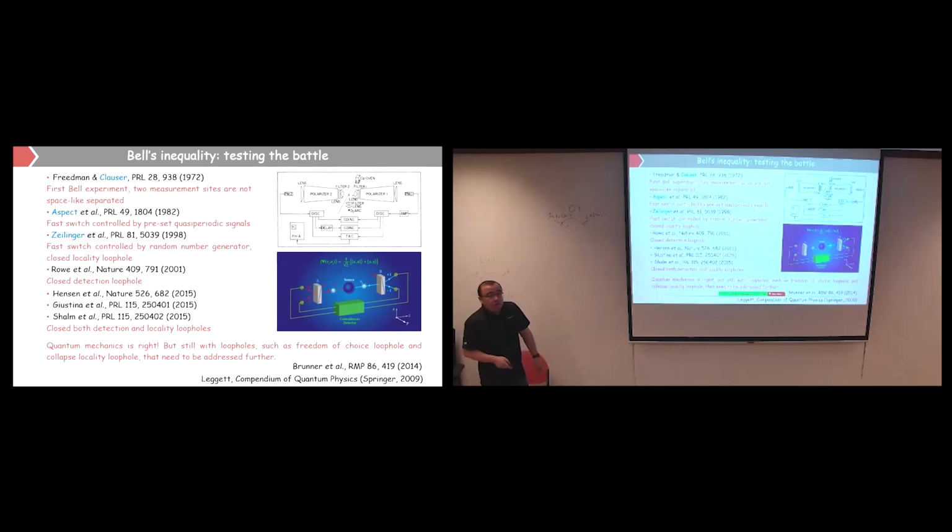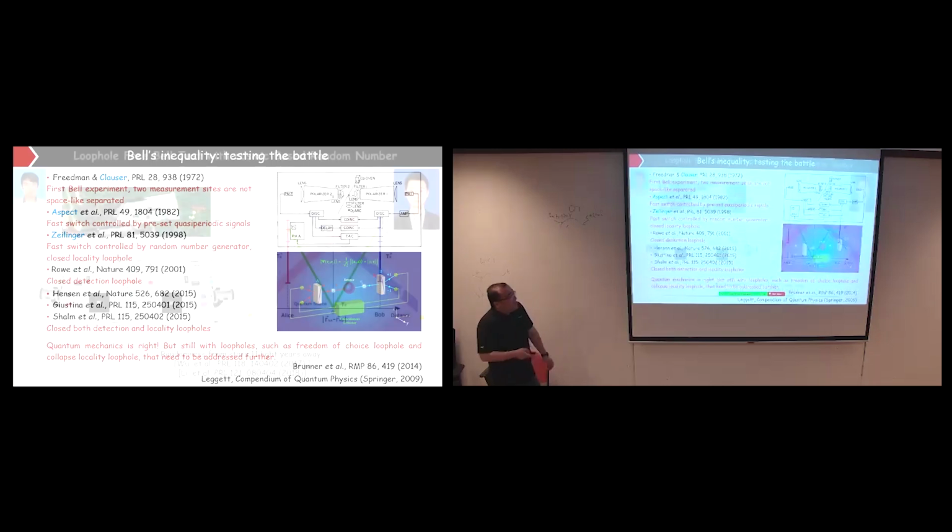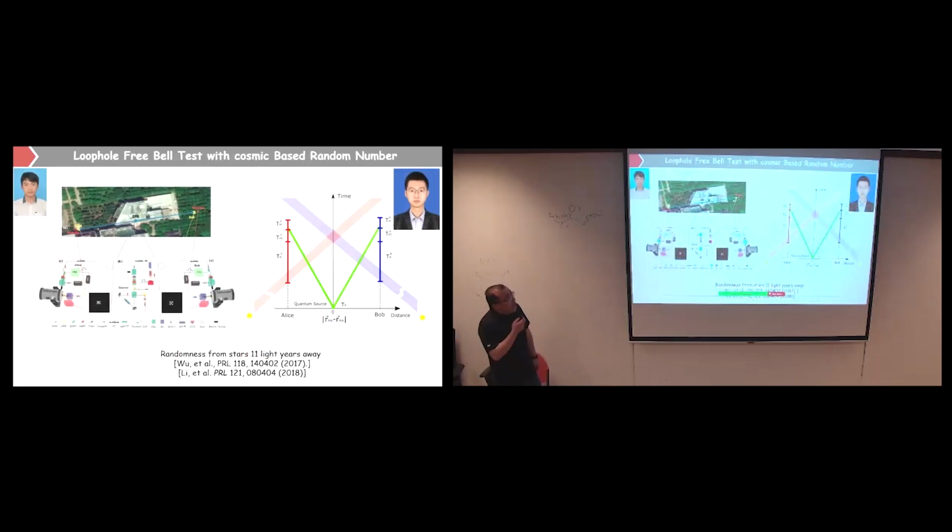There are several ways. One way, I think I have discussed with Valerio, is that you put people in some space station and use people's free will to do the randomness, to do the measurement. But of course, you might not believe in free will. Anyway, I don't know either. And the other way is people thinking maybe we can use some star, because this is the experiment we did in our lab, just for fun. The experiment was done in 2018.